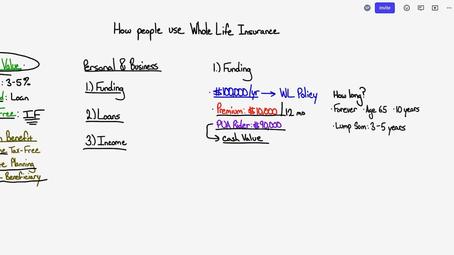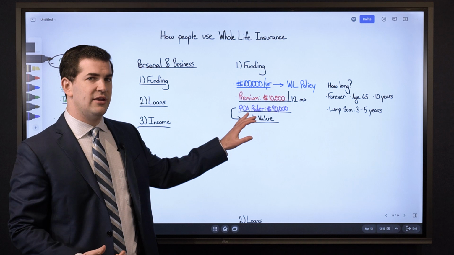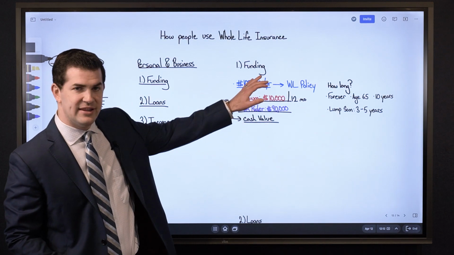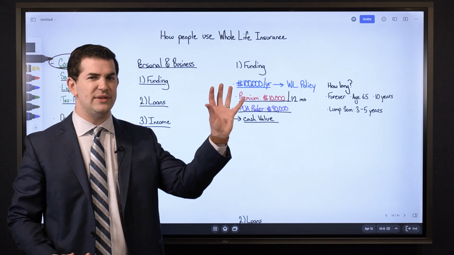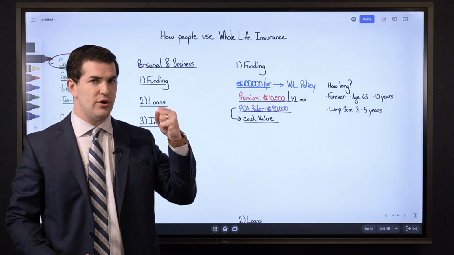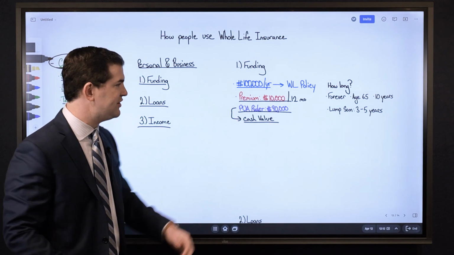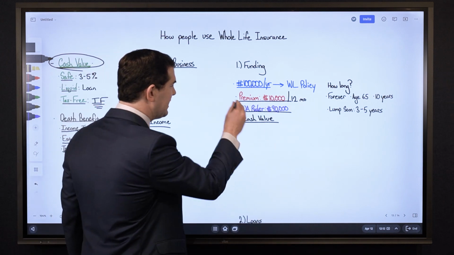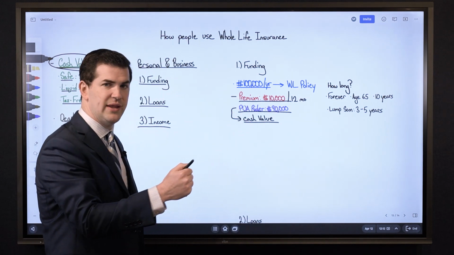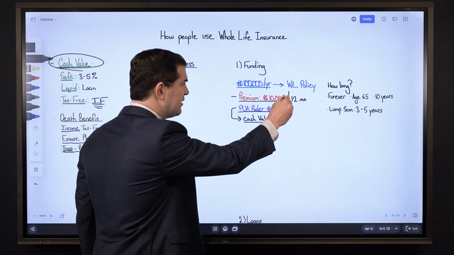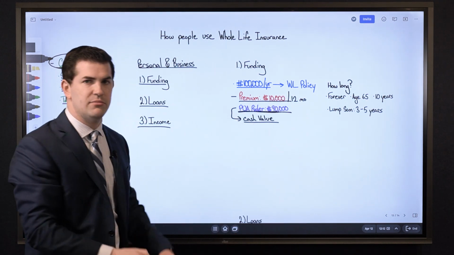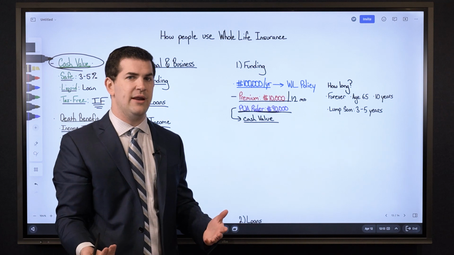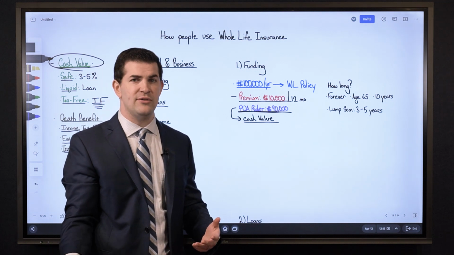So my point there, what people are attracted to is they like the idea of being able to pay a lot of money into a policy, but they don't want to be obligated to do so. So if we can have a policy where it's very flexible and I can commit to $10,000, even pay a little bit more than $800 a month, and then add additional funds at my discretion, okay, I'm interested in that. And it doesn't have to be $100,000.